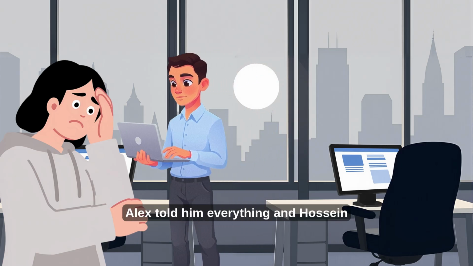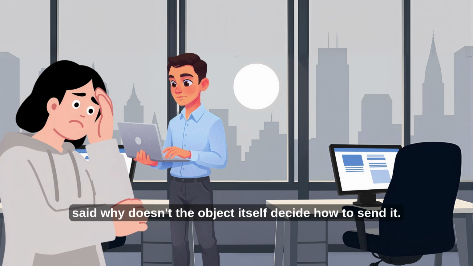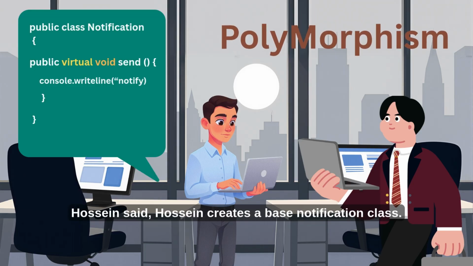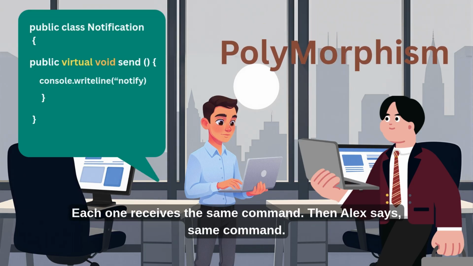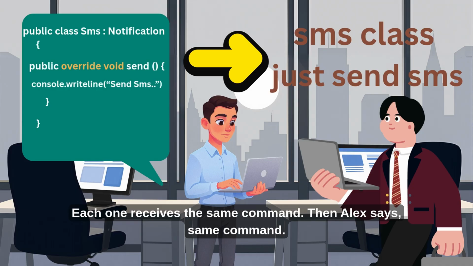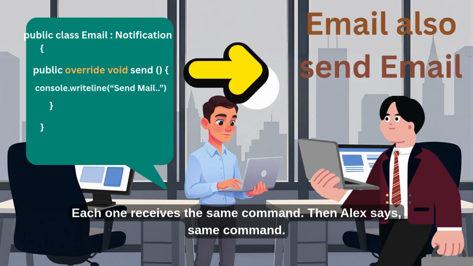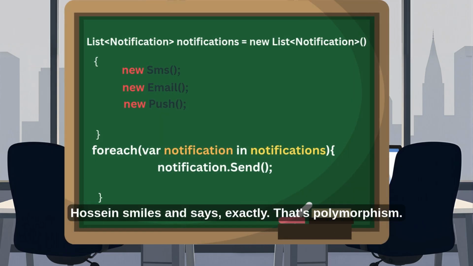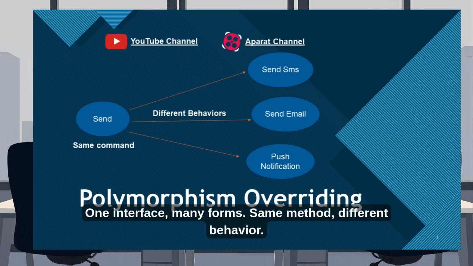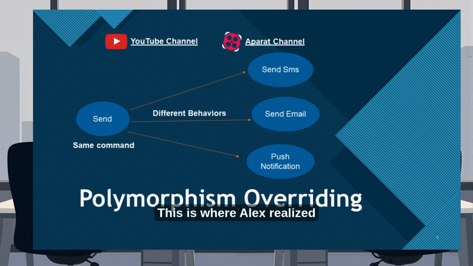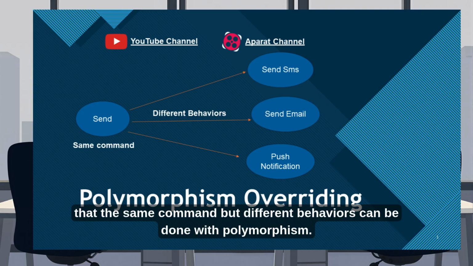Alex told him everything and Hossein said, why doesn't the object itself decide how to send it? Then he told him, why don't you use polymorphism? Hossein creates a base notification class. Each one receives the same command. Then Alex says, same command, different behaviors? Hossein smiles and says, exactly. That's polymorphism. One interface, many forms. Same method, different behavior. This is where Alex realized that the same command but different behaviors can be done with